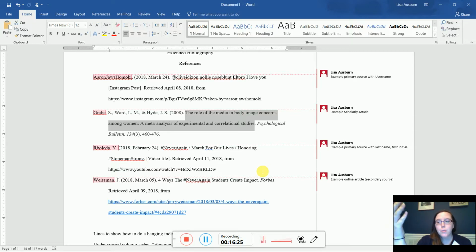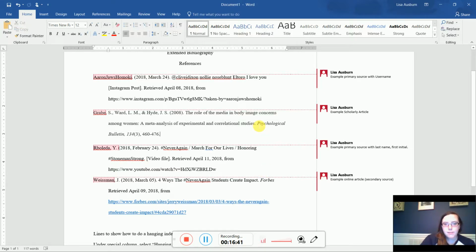And so when you have a subtitle, the first word in the subtitle is capitalized. Here we have A, that's the first word in the subtitle, so we give it a capital letter, a meta-analysis of experimental and correlational studies. Then, following the title and a period, we have the journal where this citation or where